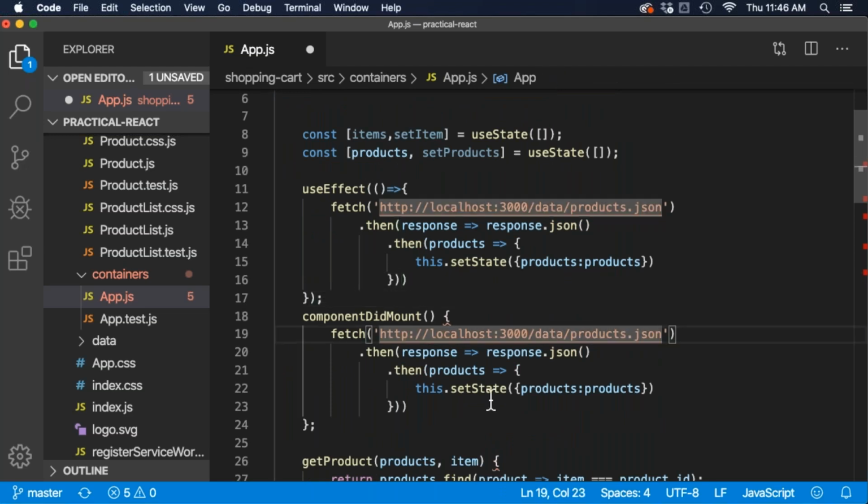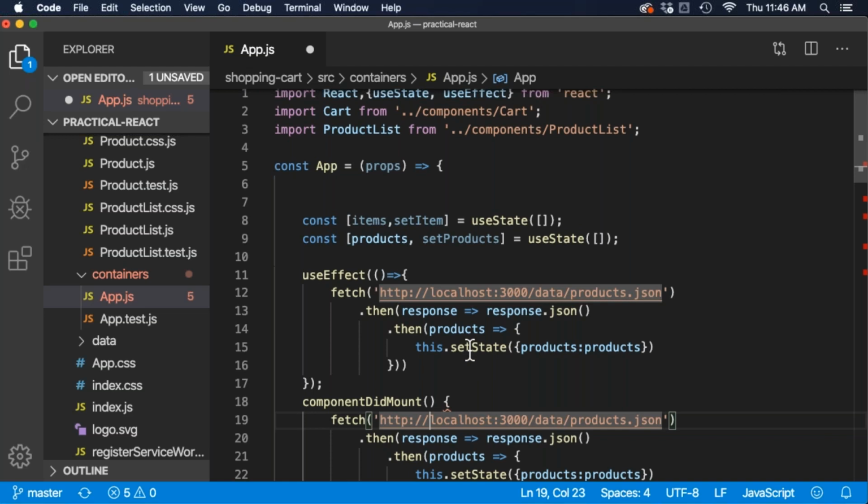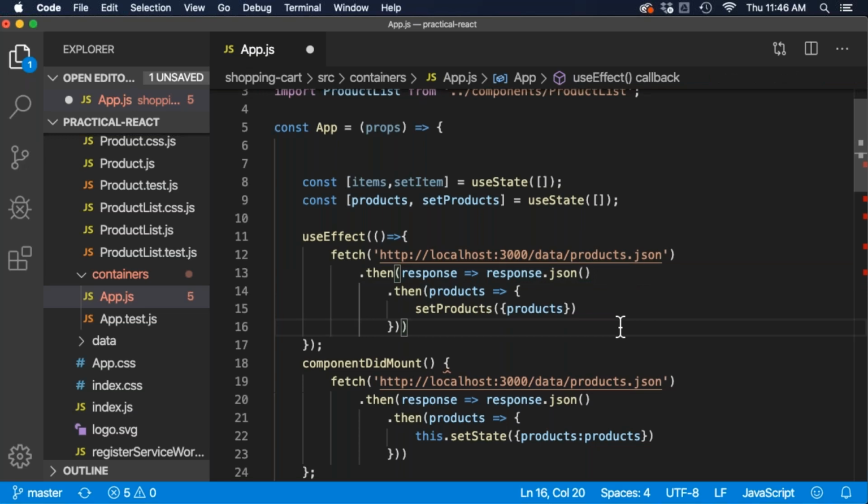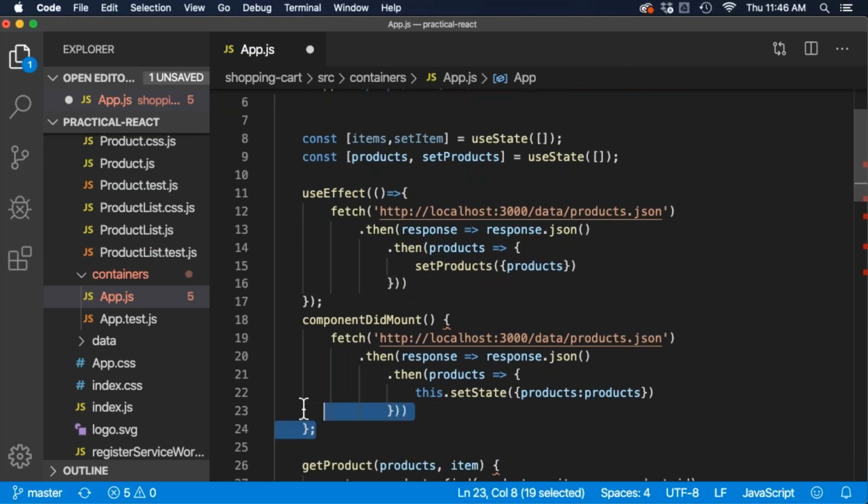And then because this is a functional component, we can't use this.setState anymore. Instead, we're going to use our setProducts method that we have right here to update the value of the product state to the products that are downloaded from this JSON file. So that should take care of our